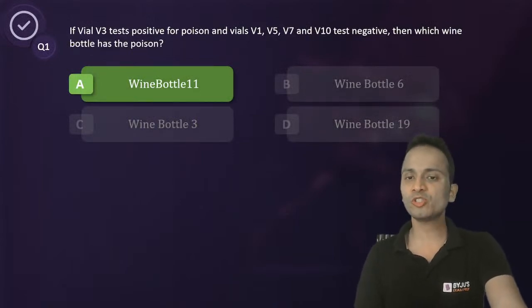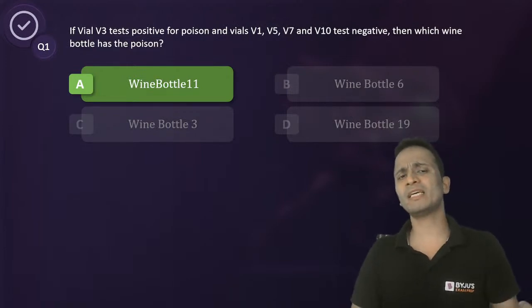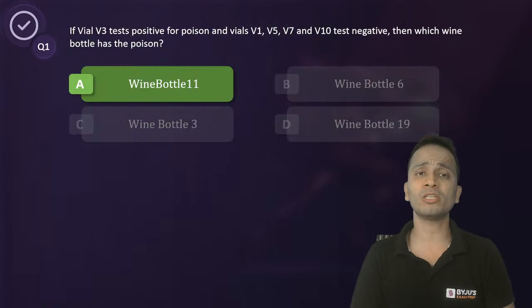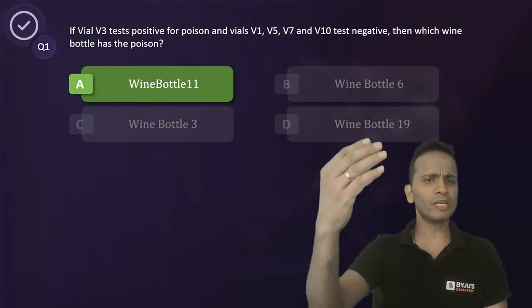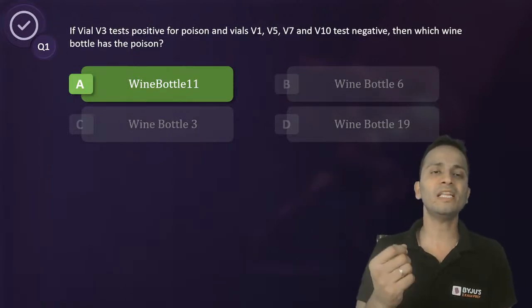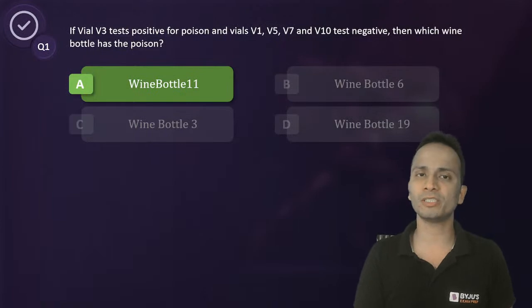All right. So all the students who have given this answer are correct. Arnav is saying an option-wise approach can be used here. Yes, definitely, Arnav. But Arnav, it could also be that the question comes as which wine bottle number has the poison. So you can look at the table, eliminate 19 and you'll be left with one. Otherwise, you can always go for the options as well.